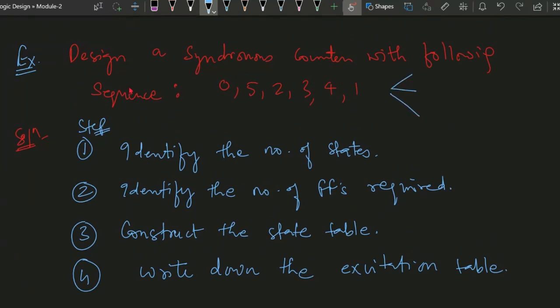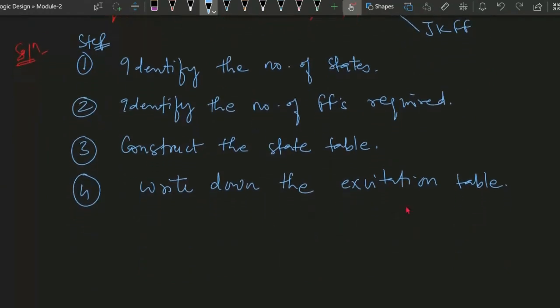In the question, it may be given like: design a synchronous counter with the following sequence using D flip-flop. It may be given as T flip-flop, or as JK flip-flop. So you can implement it using any of the flip-flops. The procedure will be the same. So write down the excitation table